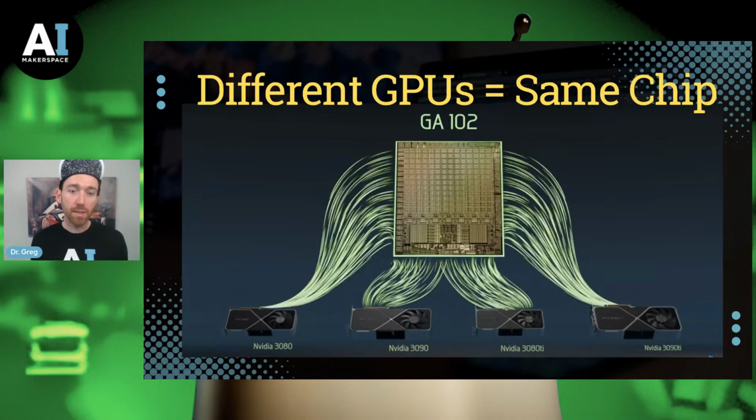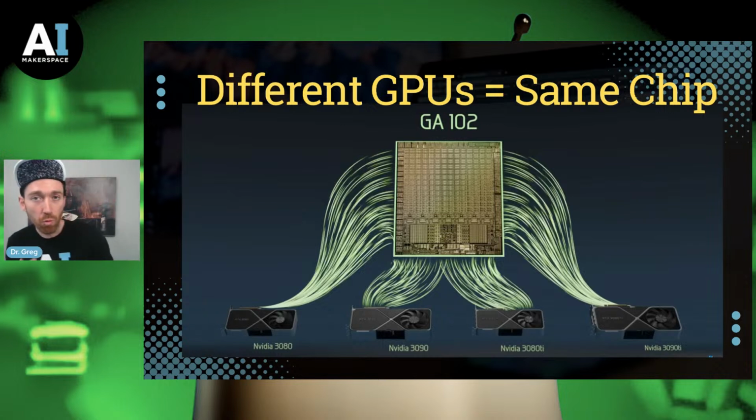Well, what's the difference between these 3080, 3090s, et cetera? Well, what happens is during manufacturing, dust particles and other defects actually get into the GPU and break parts of the circuits. These defects have to then be quarantined, and that region is shut off. So the 3080 actually has 16 damaged and deactivated streaming multiprocessors, while the 3090 Ti is like pristine. Okay, and this is where the cost difference comes from.